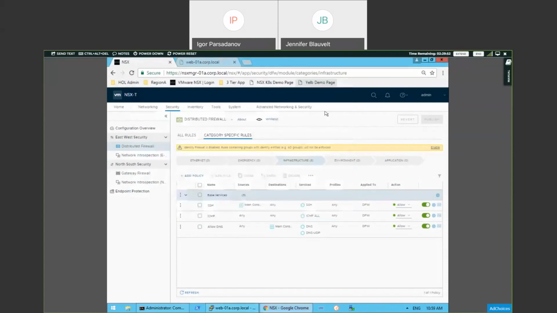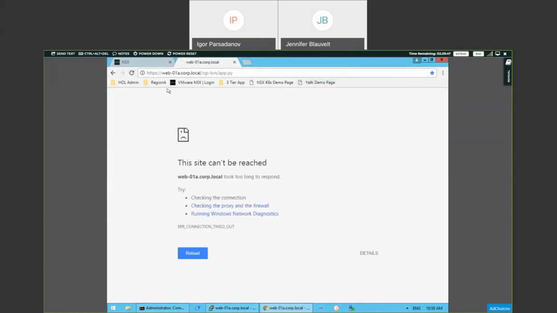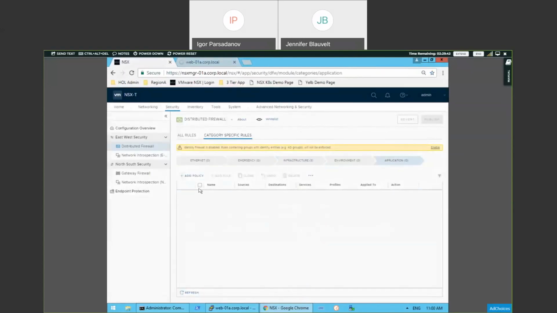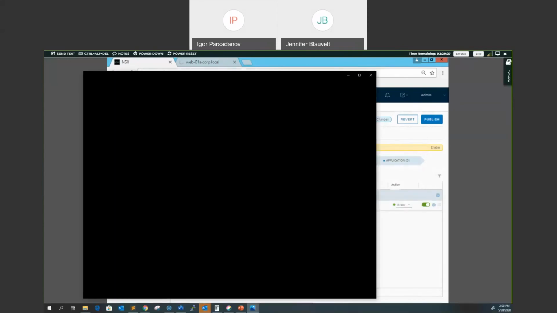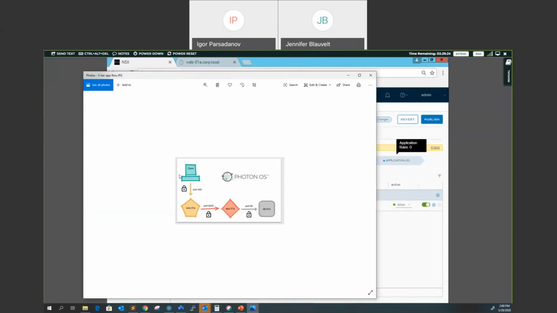So now let's go ahead and define our application policies. Let's make our application start working again because it's still pretty broken. Let's create a policy. We'll call that our 3-tier app policy. And within it, let's start making our rules. So let's review our rules here. So the client will be accessing the web server on port 443. So we'll create that.